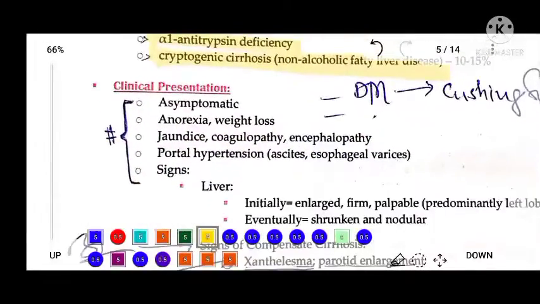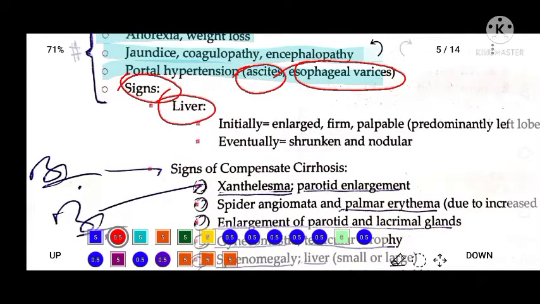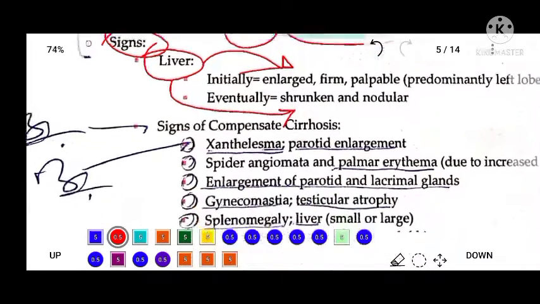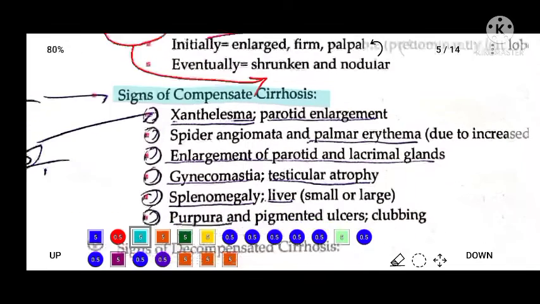Now, the clinical presentations of cirrhosis are, first of all, patients are asymptomatic, then they develop anorexia and weight loss with jaundice, coagulopathy, and encephalopathy, portal hypertension, then that converts into ascites, esophageal varices, and the signs are in the liver. In the liver, there is enlargement, and later shrunken and nodularity of the liver occurs, and in uncompensated cirrhosis, there is